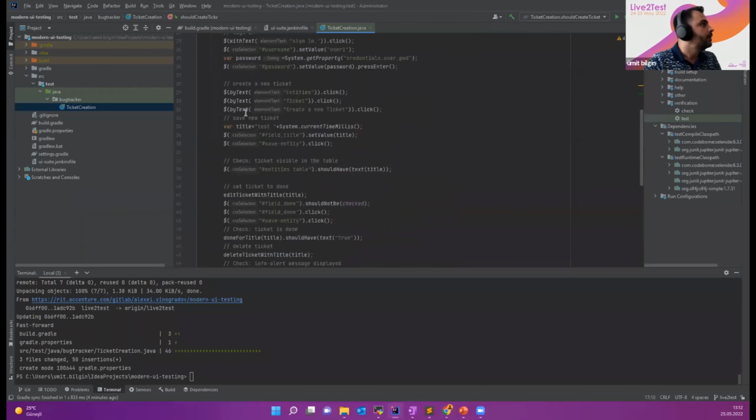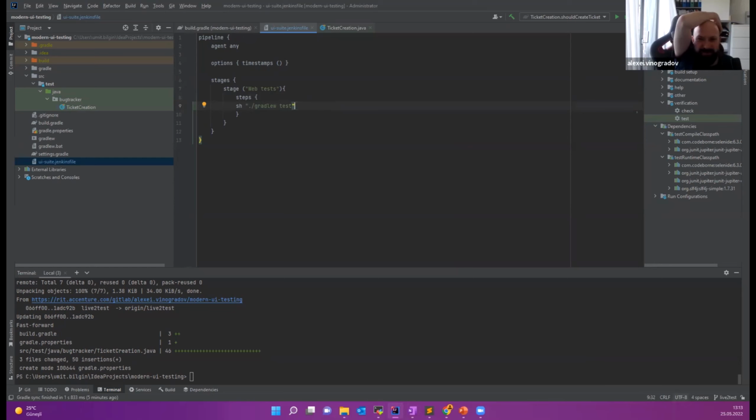But same question also from my end. Is it enough? So do you think the test will run when we simply execute this command in the pipeline? Is there any opinion? It's a tricky question. So I also typically add that, just imagine, it will be running on Jenkins, and we installed Java on Jenkins already, and let's say Gradle. So this pipeline will be running, but will this test be executed properly, or do we miss something?